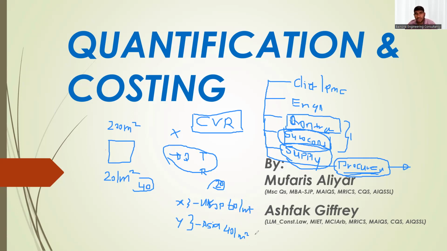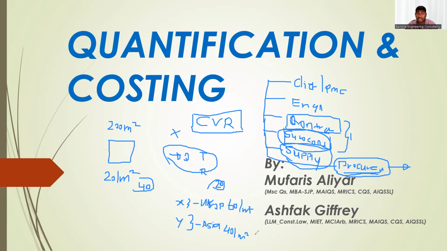Now you know the cost of this block work is 20 dirham. It will not change because all of them have the same material. They will go and buy the material as per your vendor list, so one supplier. All the labor in the UAE is mostly from Asia, so the productivity is the same. The wastage is the same. Cement price, water, aggregate, everything is the same. The cost is the same for everybody.